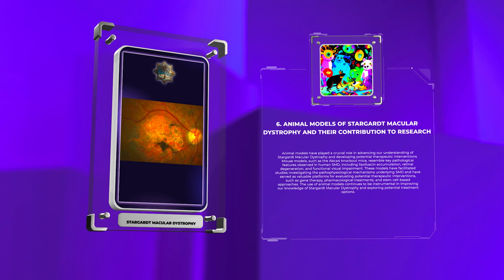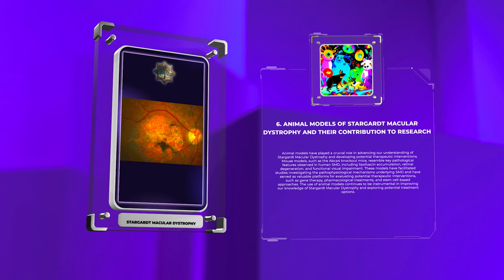Mounting evidence suggests that inflammation plays a critical role in the development and progression of Stargardt macular dystrophy. Inflammatory processes, such as complement activation and recruitment of immune cells, are implicated in the pathogenesis of SMD, exacerbating retinal damage. Dysregulation of the immune response within the retina leads to chronic low-grade inflammation, contributing to the progressive degeneration of